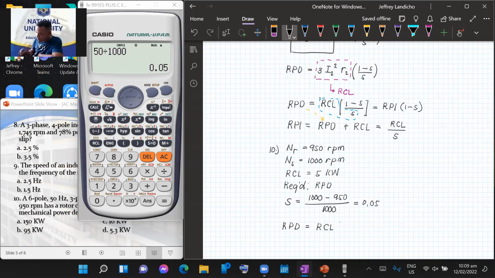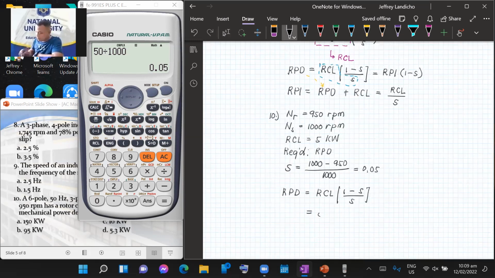It is always RCL times quantity 1 minus S divided by S. So this should be only 5 kilowatts. Quantity 1 minus 0.05 over 0.05. So yun yung ating final answer. Yan lang talaga ang solution. 1 minus 0.05 divide natin by 0.05. So ilan yan? 95